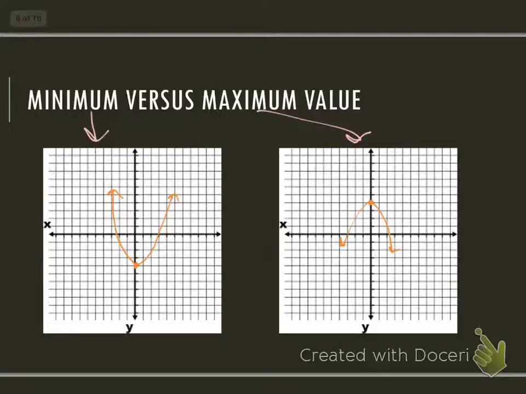Okay, so a minimum value is when your vertex is at its lowest point, and our equation for that is going to be something like this, where it is always positive here. The reason I know is because this kind of looks like a happy face. So whenever it's positive, it's going to make a happy face, and it's going to be a minimum. For this one,